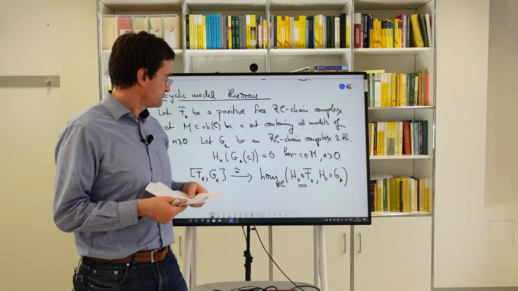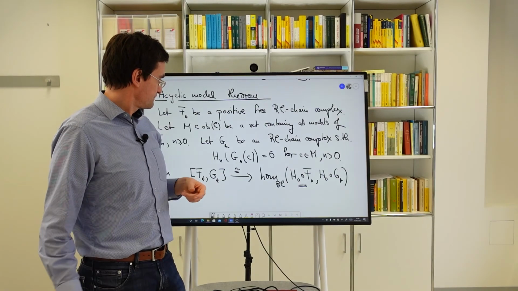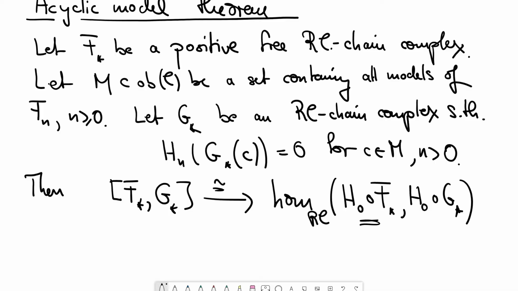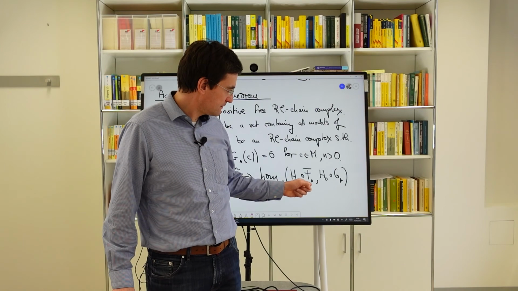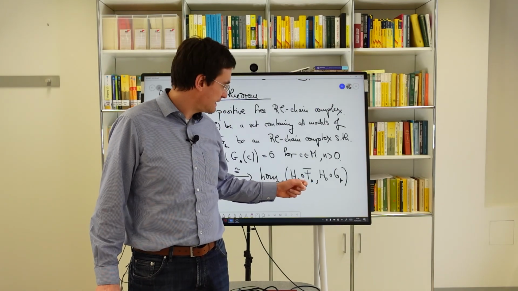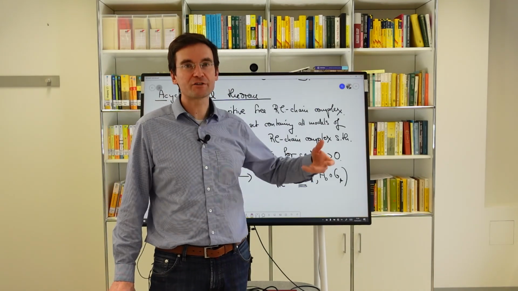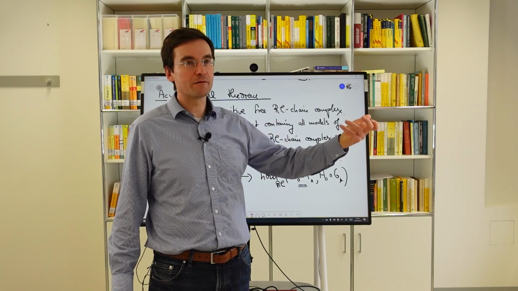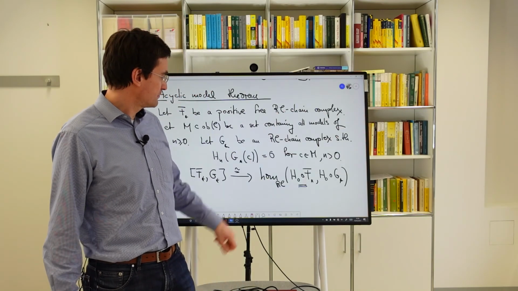I'm a little confused why you write H naught composed with F star on the bottom. Right, so I view F star as a functor from C to R chain complexes, and H0 is a functor from R chain complexes to R modules. Yeah, sure. And then it gives you,